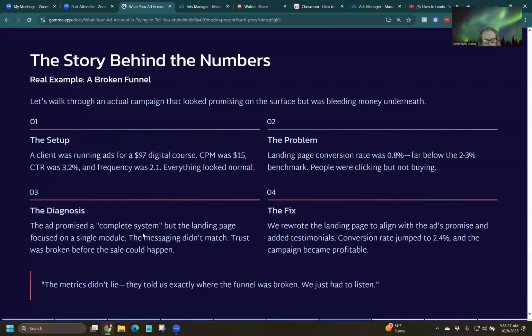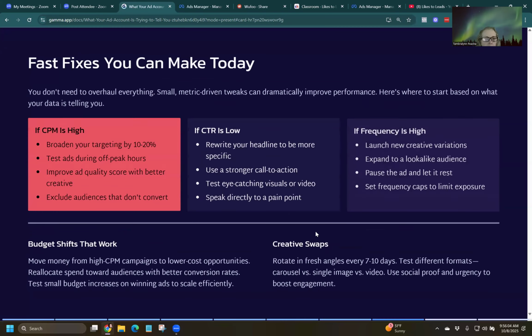So what you need to do is go back and make sure that the ad and the promise were matching. The biggest mistake that I see people make is they have an ad, but the opt-in page or the lead form or wherever they're sending people doesn't say the same message. So it's a disconnection. Going back and rewriting that is really critical.